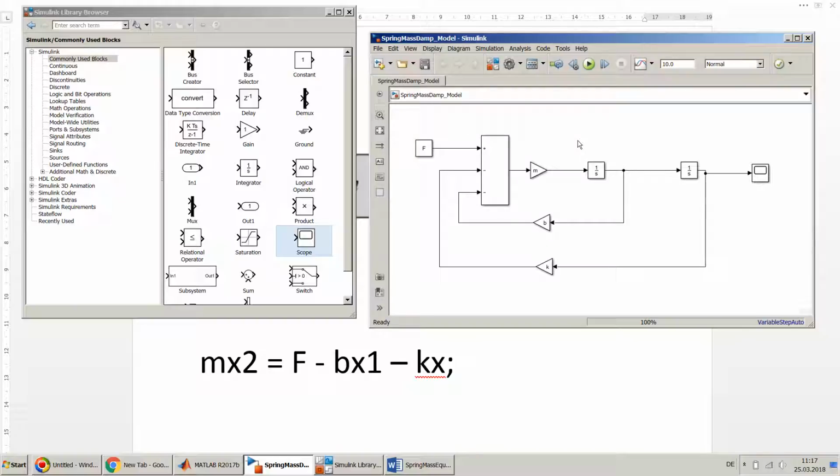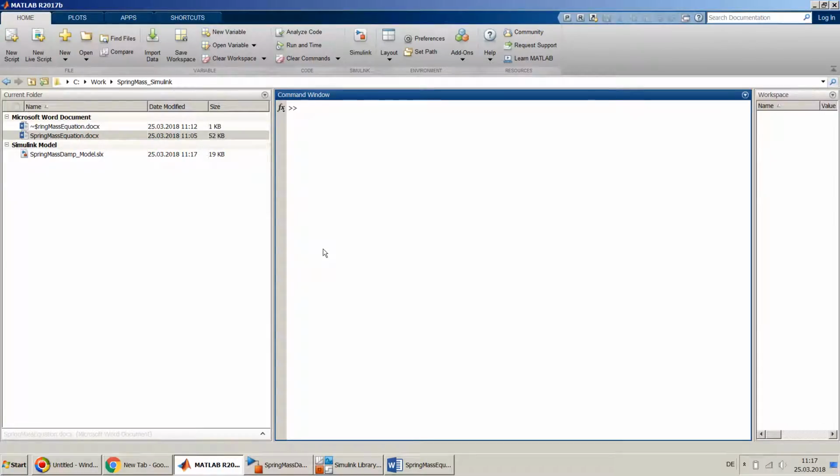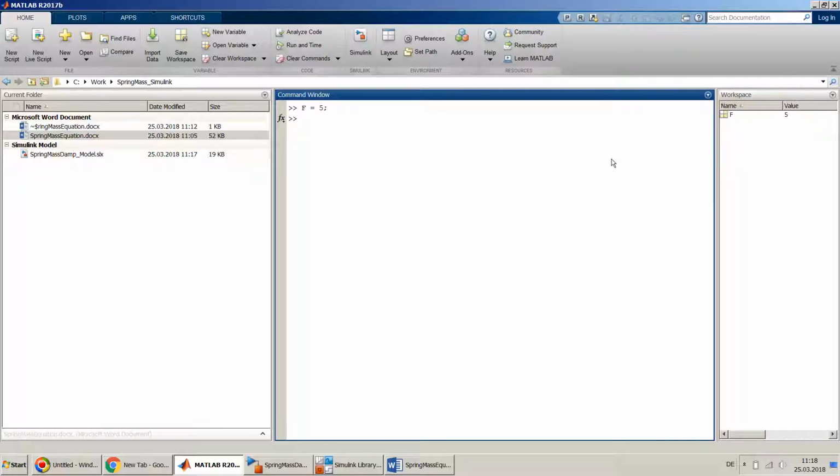Yes. Now, before simulating, we will have to give all these initial values in our MATLAB workspace. We have to give f, probably 5 should be fine. So on the right hand side, you can see in the workspace these values will come. So 5 came. Mass probably I'll keep 10. Of course, you can try with different values as per your equation and the expression which you are writing. So here I'm just taking something, and spring coefficient probably say 100,